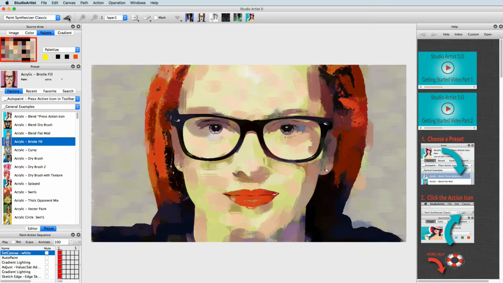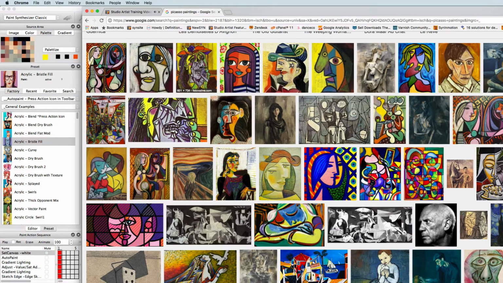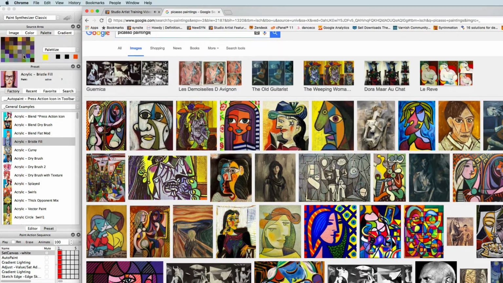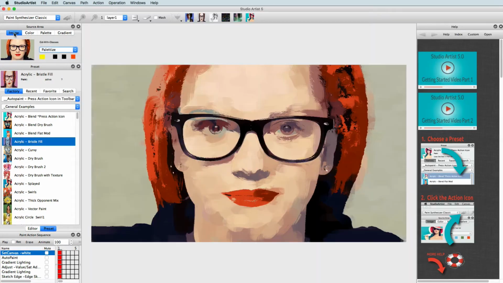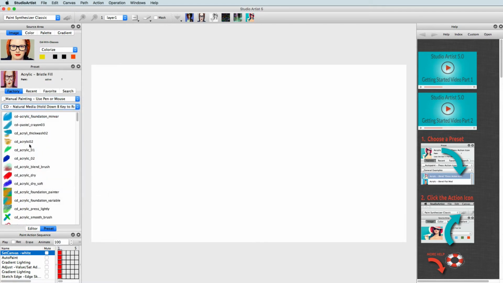A really cool way to make color palettes is by dragging an image onto the palette. This way you can instantly get your favorite painters' or designers' colors to be applied to your own images. Fixed mode only uses the current color square. This is generally more useful for manual painting.